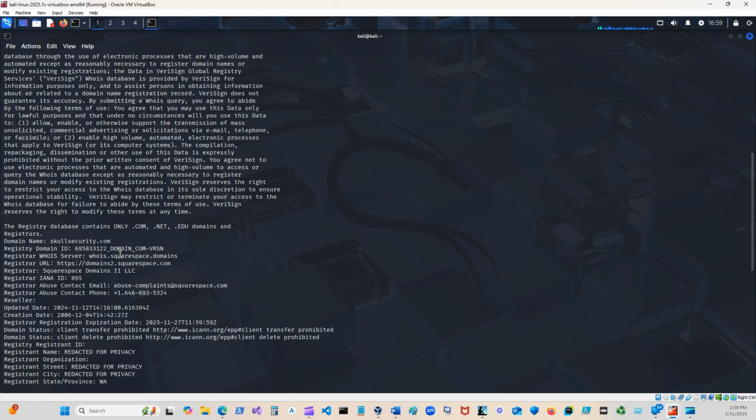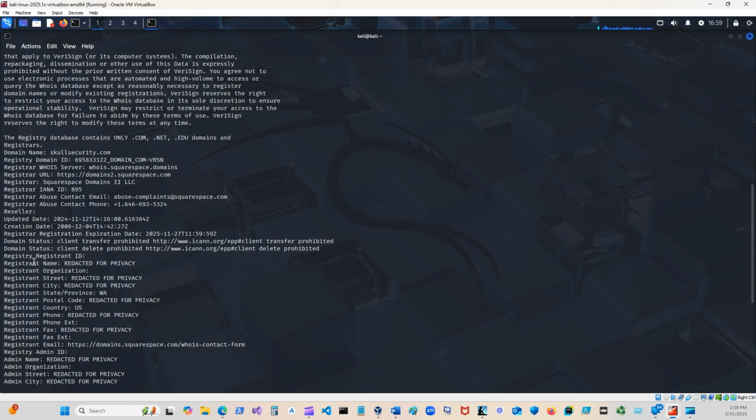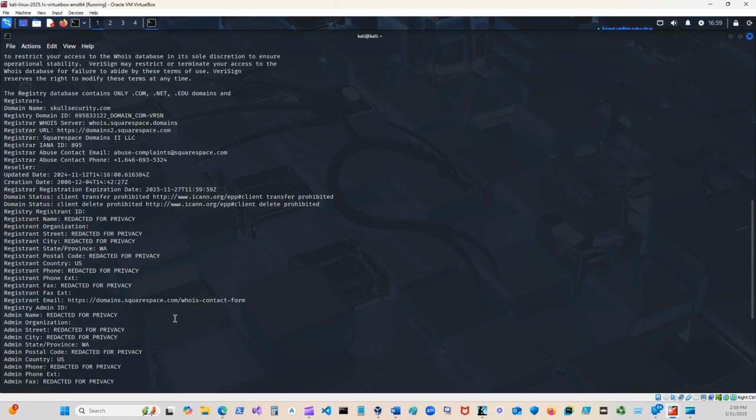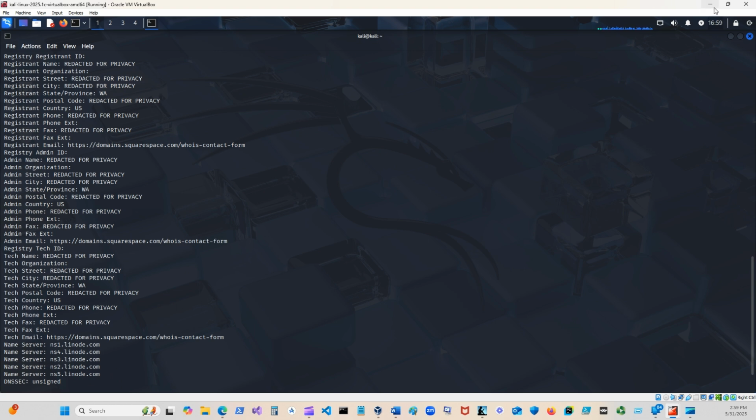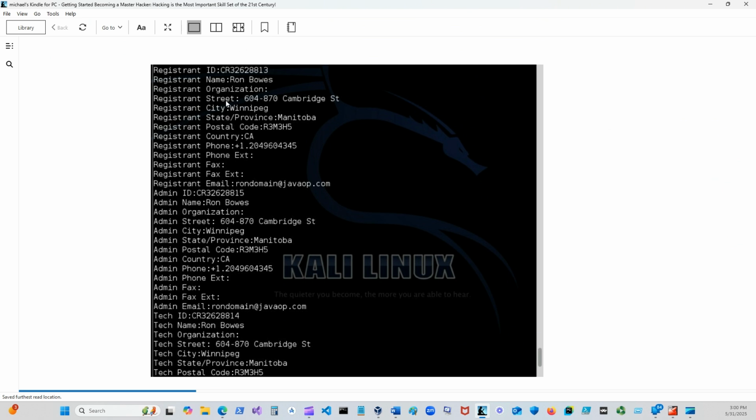I guess they've redacted it. Look, registrant name redacted for privacy. So they changed it. It's been redacted now.